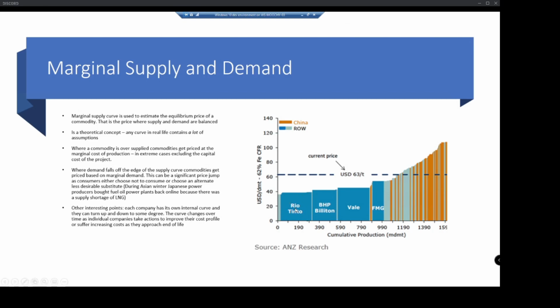The problem with iron ore, for example, is most of Rio Tinto's and BHP's mines are in West Australia. Vale is in Brazil. FMG is in West Australia. A lot of these guys are in China. Most of them are shipping to China, and so there are transport distances involved. And there are exchange rates involved: the Australian dollar here, the Brazilian real there, and Chinese funny money in here. And there are other iron ore miners in Africa and things like that, so you've got all these different exchange rates that flow into it.